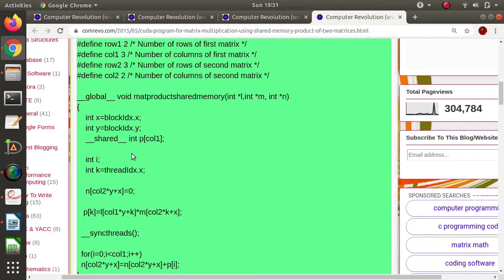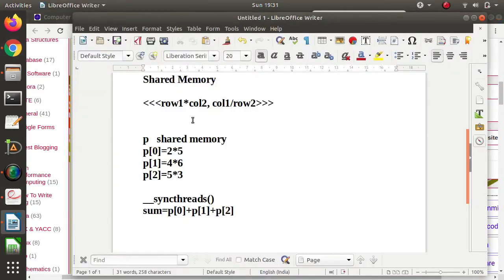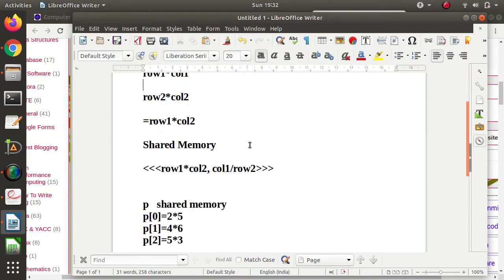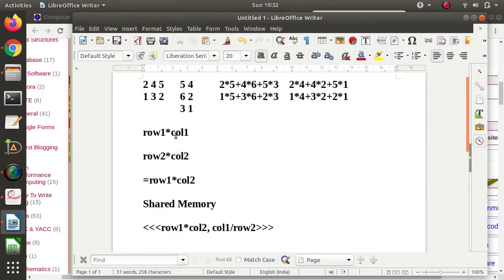Look at this. Here we have declared one array P, and it is saved in the shared memory of the GPU. And what is the size of this? The size of this array will be col1, or you can take row2 also, no problem.